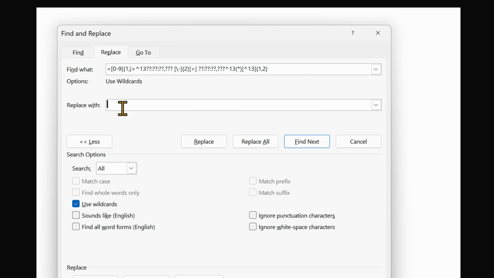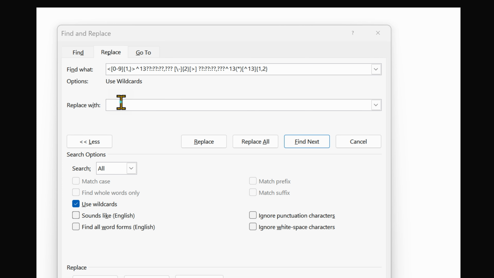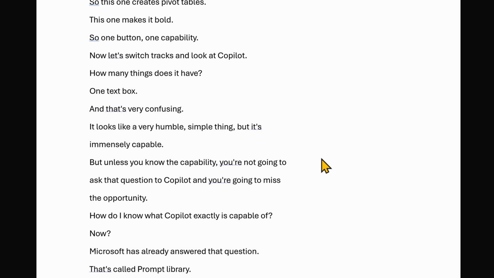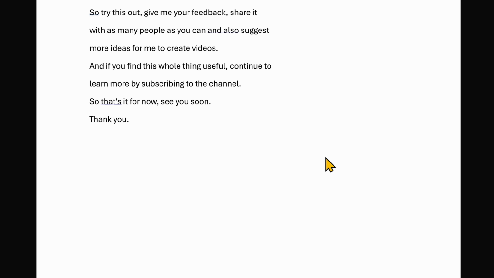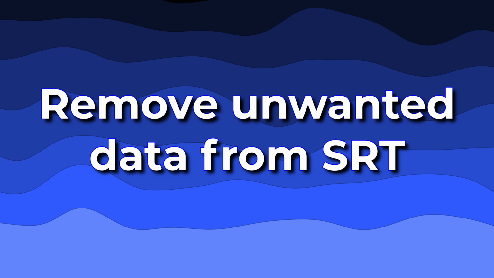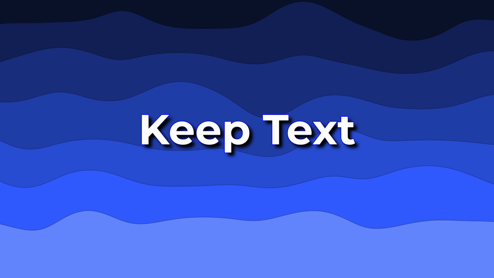Now click inside Replace With. There's another string. Copy that and paste it here. And click on Replace All. And there you have it. You just have plain text. So that's how you get rid of unwanted things from SRT and get plain text out of it very quickly